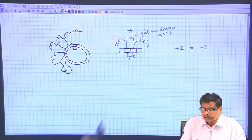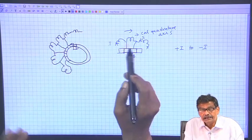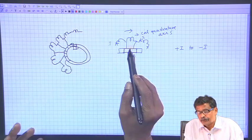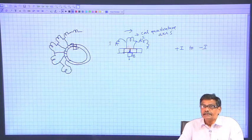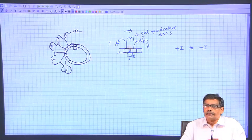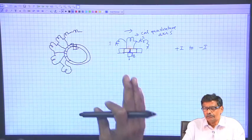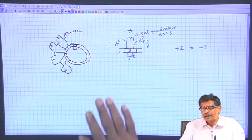And not only that, there will be a large induced voltage in the conductor. L di/dt will be large, and this voltage may even cause a flashover between the commutator segments, because it is a thin mica insulation. See, there are so many things happening here. The coil which undergoes commutation gets short circuited in the quadrature axis. By whom? By the commutator segments and the brass in the quadrature axis. That is one aspect. We expect some circulating current, which I do not like, because current still persists,